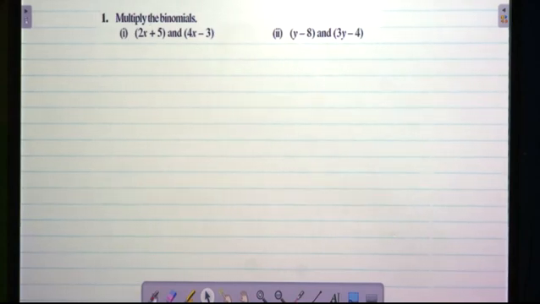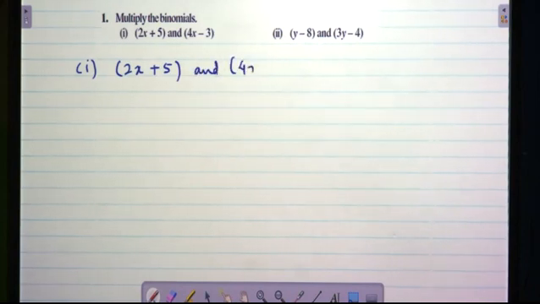First sum, what is the first sum? Multiply 2x plus 5 and 4x minus 3. Solution: